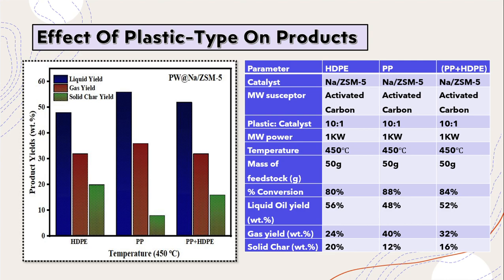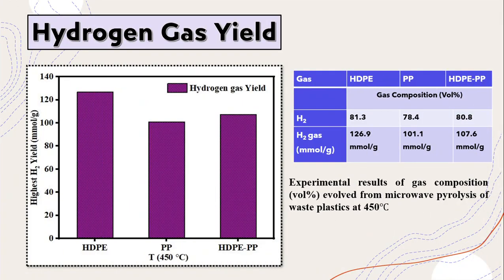For the mixture, 52% liquid oil, 32% gas yield, and solid char is 16%. Hydrogen gas yield: hydrogen is analyzed through a gas analyzer, and for high density polyethylene it is 81.3%, for PP 78.4, and